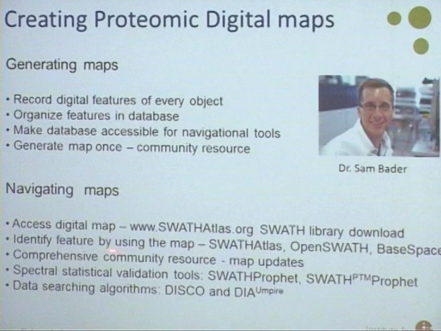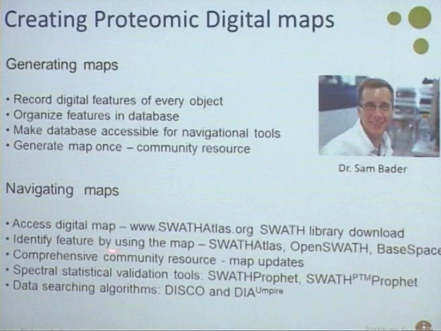And so Sam Bader and my group was leading a lot of this effort, and where we can develop these databases and libraries, and he's developed that into an atlas now in which we can store that onto the web, and you can download those libraries. We have the website swathatlas.org, so you can do that download. There's also efforts underway which would incorporate tools in which you can interpret your own information using other open source tools such as OpenSWATH, and including the SWATH Atlas into commercial online computational efforts such as BaseSpace, which is an